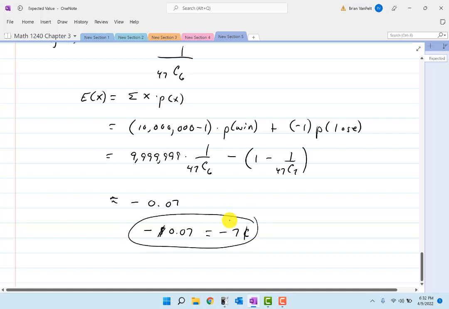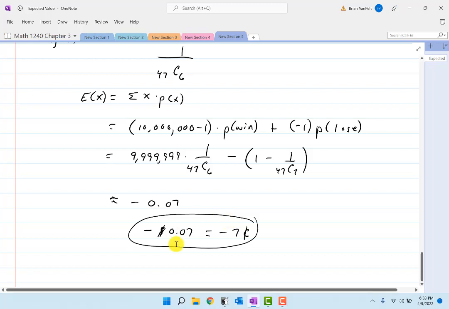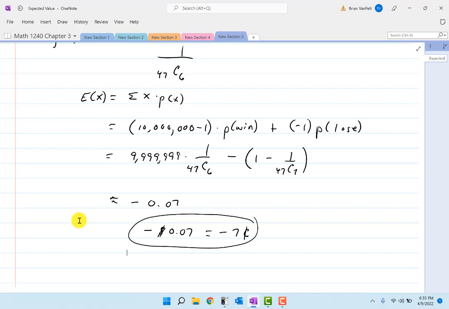So what that means, though, is the lottery is making a little bit of money on you on average. Now imagine millions and millions of people are playing, and they are making a little bit of money from each of these players. Now the more tickets you buy, the more money they're going to make. You simply multiply these numbers. Additionally, your expected value being -7 cents means the lottery commission's expected value is plus 7 cents. So everything, if it's negative for you, it's positive for them.